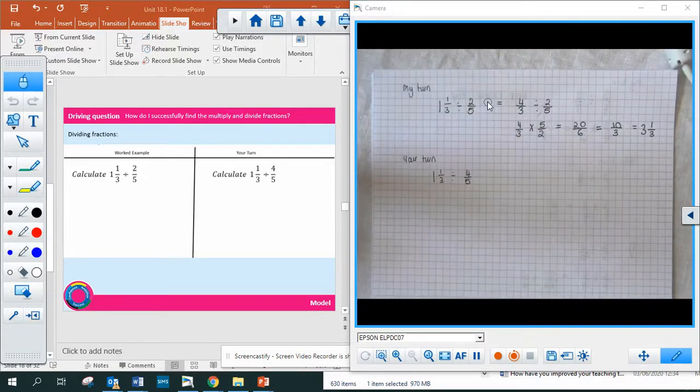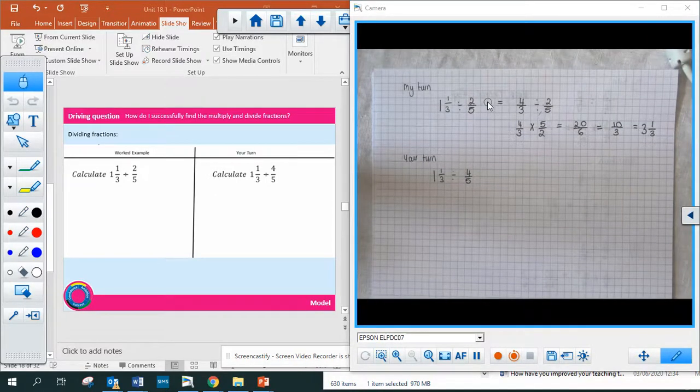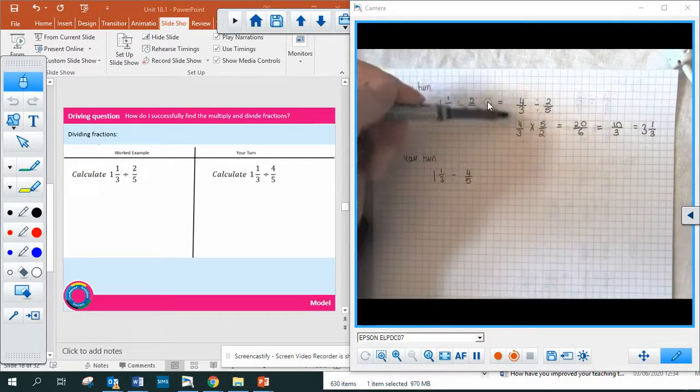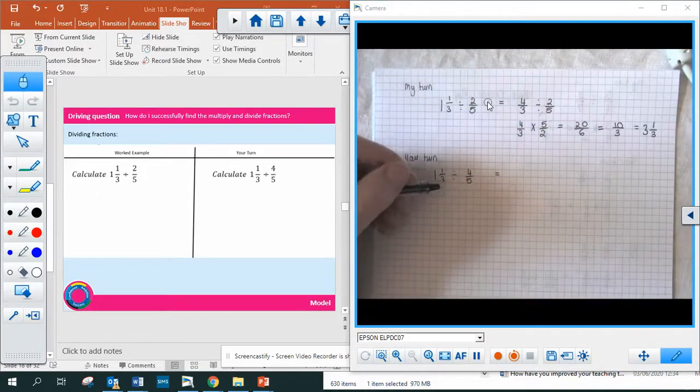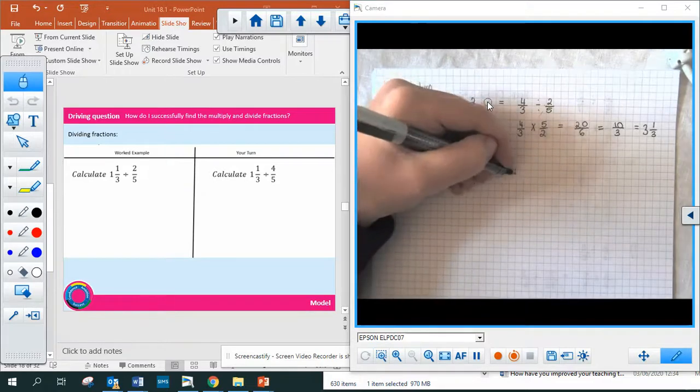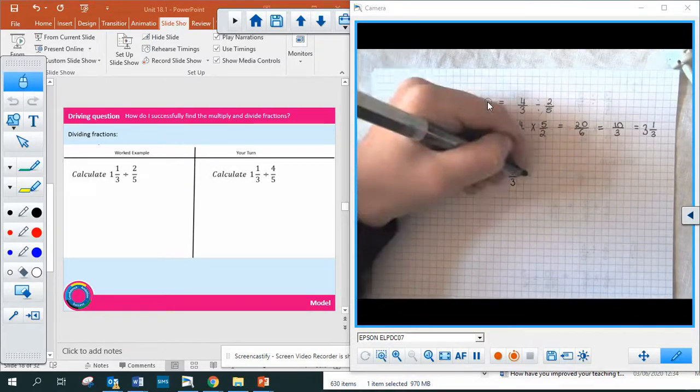Okay, so your turn. We've actually been given the same mixed number, so I'm going to just go through the steps again, even though I already know it's 4/3 as an improper fraction. My first step is convert any mixed numbers to improper fractions. So I need to convert 1 1/3 to an improper fraction. 1 multiplied by 3 is 3, add 1 is 4. So it's 4/3 divided by